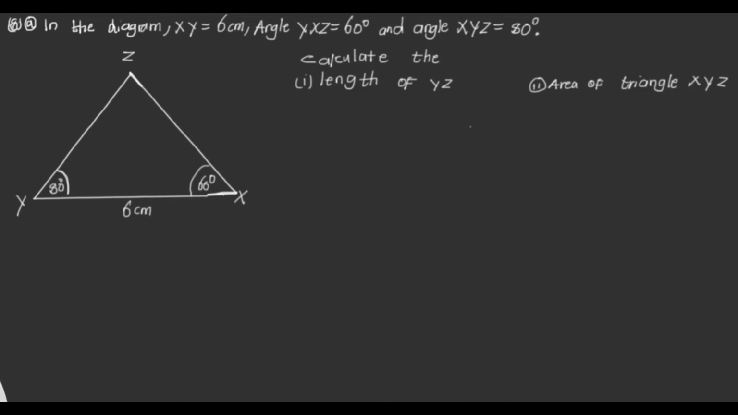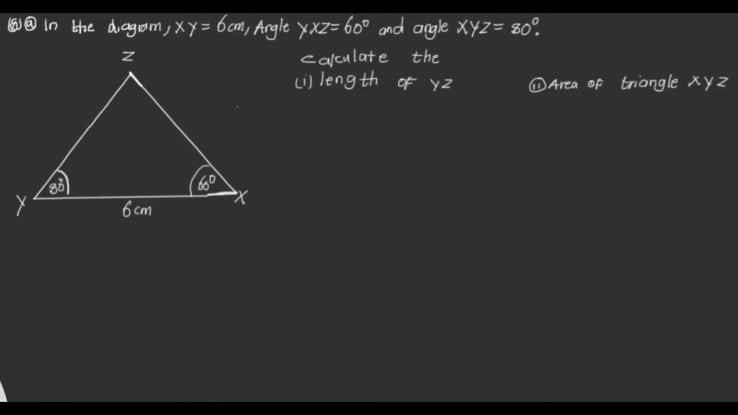In this video, we are going to revise a question from Mathematics Paper 2, 2022 GCE. Now, here we have question 8. In the diagram, XYZ equals 6 centimeters, angle YXZ equals 60 degrees, and angle XYZ equals 80 degrees. Calculate the length of